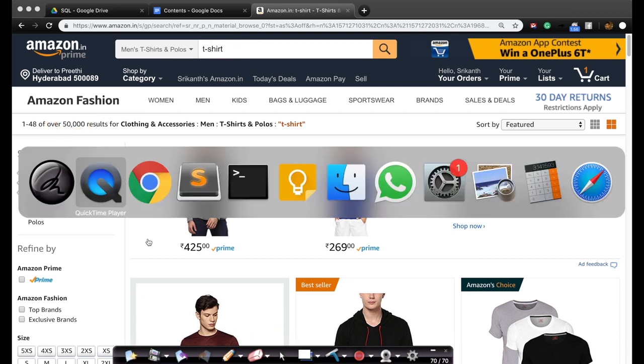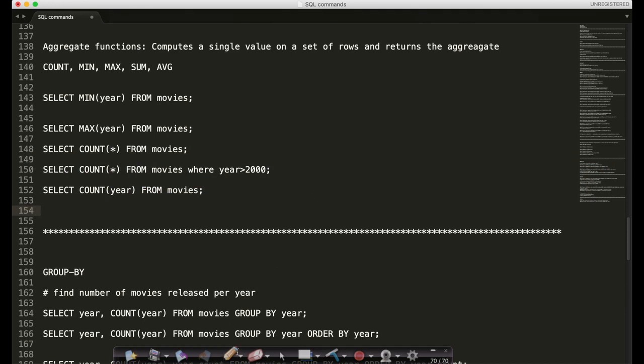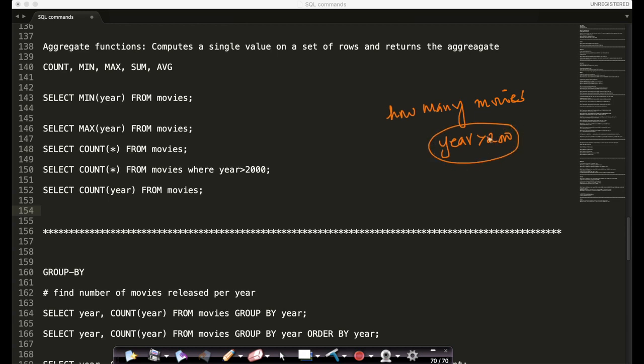Similarly, in our movie example, imagine I want to know how many movies are present in my data set, in my IMDb database, with a year greater than 2000, which means which are released after 2000. If I want to know this information, where do I get it from? How do I find the number of movies in my database that have been released after the year 2000? For these types of operations, for these types of information in SQL, we have something known